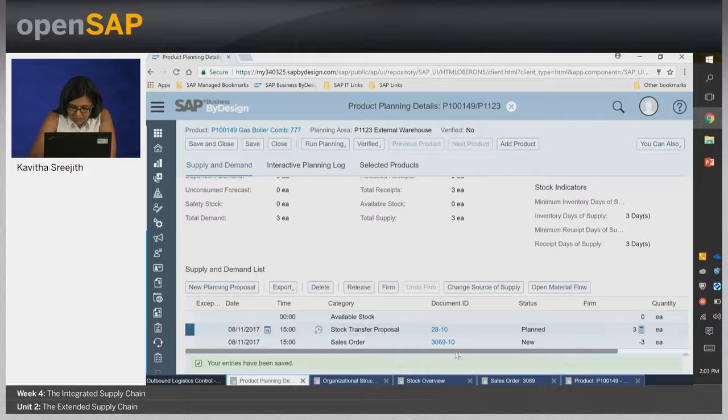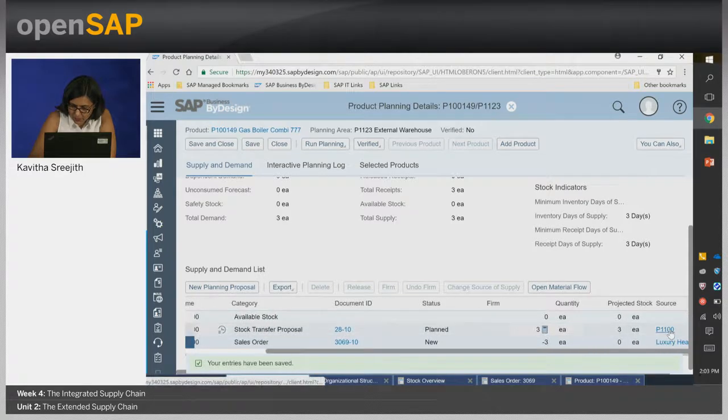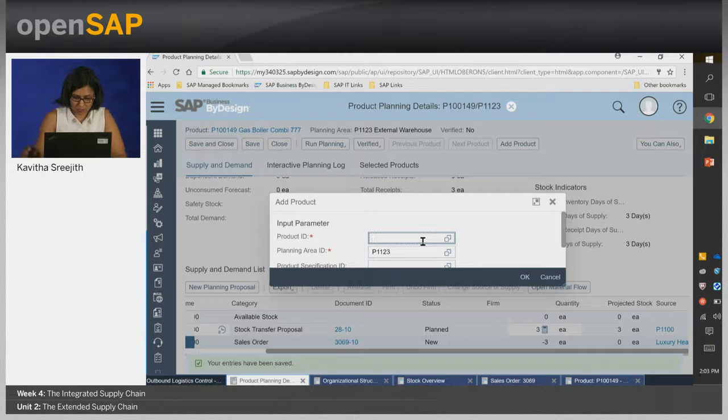Let's see which site it is going to get sourced from. And what we see here is it is going to get sourced from the site P1100. Let's see the site as well and what is the situation of the product in this site. Okay, I will add the site here and then